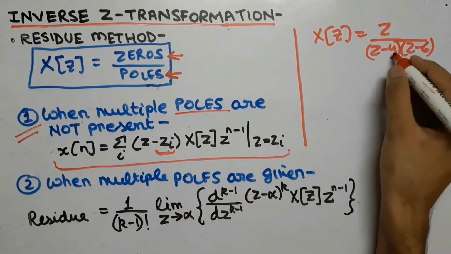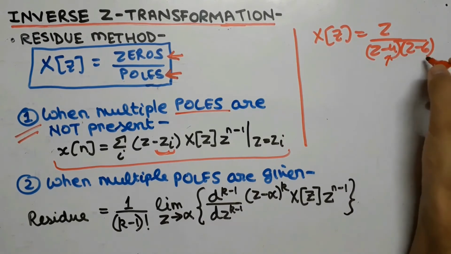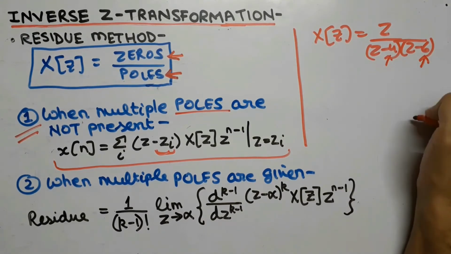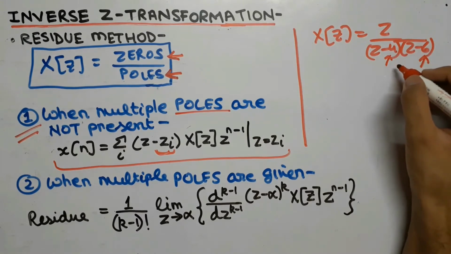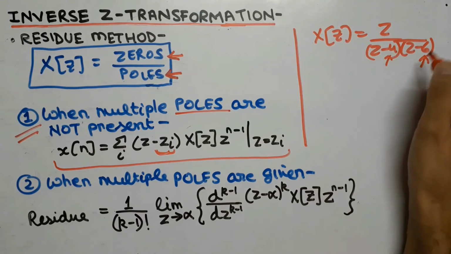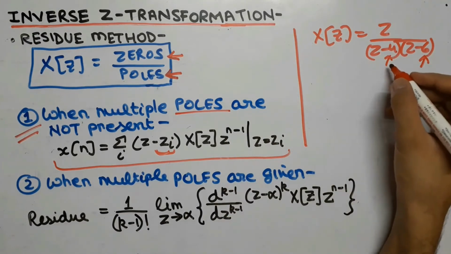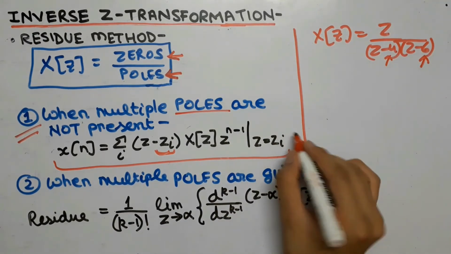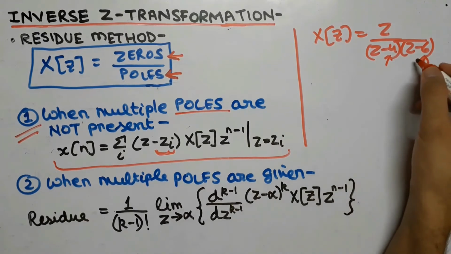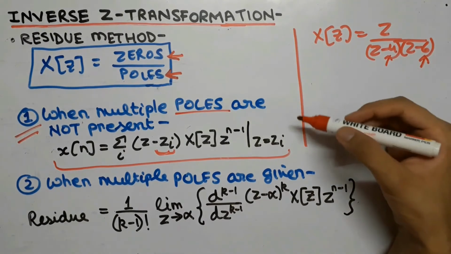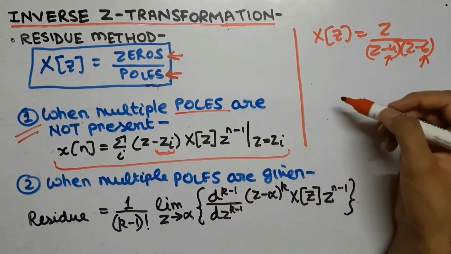So now we will understand what is zi. That is, zi is 4 for this and 6 for this. That is, we will have to find the individual residues of the denominators. That is, first of all we will write this formula for z as 4, and then we are going to add and write this formula again for the value of z as 6. Now guys, you will be able to understand this more clearly when we will do a question.